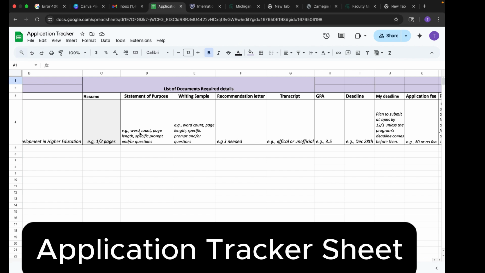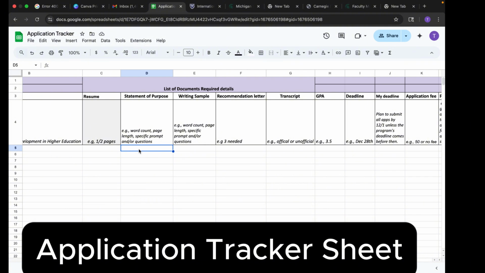Or some schools will say, oh, 2 pages. They won't tell you the word count. Some might even give you specific prompts, like answer this question or something like that. So ensure that you're noting all those things down here, so as you're working towards that, you won't forget and lose count, because sometimes you might be working on 3 different schools together, so we will not